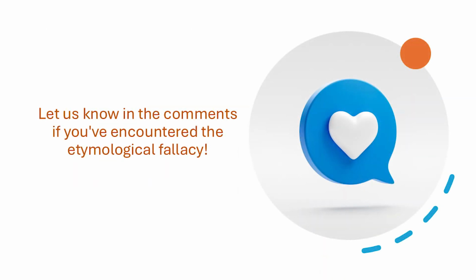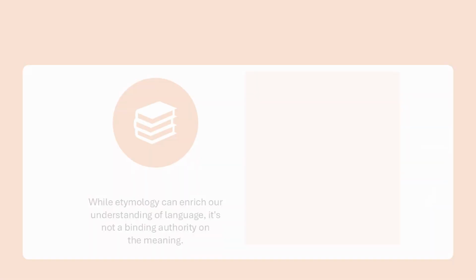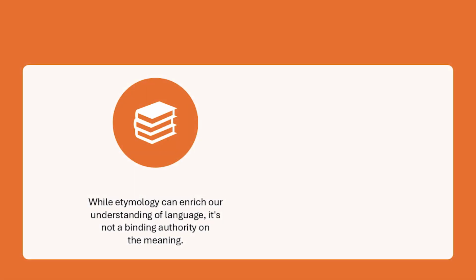These are examples of etymological fallacy, and I'm sure there are many more interesting examples that you could mention in the comments. In summary, we need to know that etymology is a very enriching and fascinating part of linguistics. It is a very exciting approach to the understanding of language. However, we should be very careful not to be trapped by etymological fallacy.